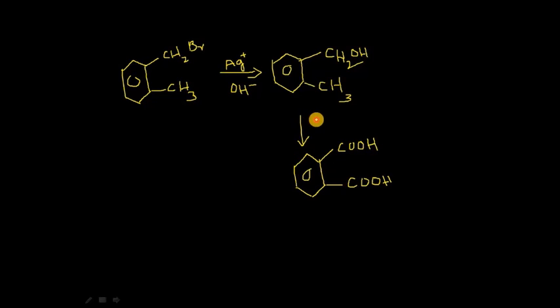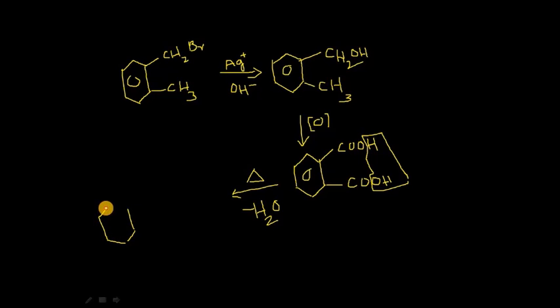Okay, so oxidation takes place. Then after that, it forms an anhydride after heating. So if you heat this one, what will happen? It loses water and forms an anhydride. As you know, it is a dicarboxylic acid, so definitely we have to select the ortho compounds from the products, and we will get phthalic anhydride in this reaction.